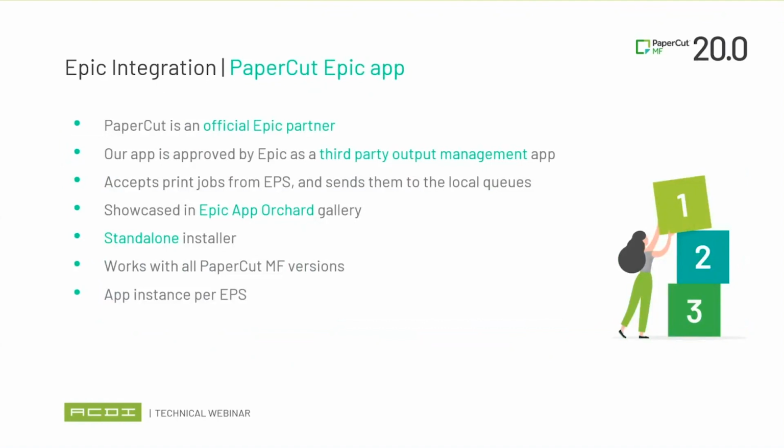obtaining username information with this very cool output management app that accepts print jobs from the EPS and then sends them to local queues. This is a standalone installer that works with all PaperCut MF versions and Epic systems running version 2018 or later. You do need to purchase and install one app for each EPS that is running in